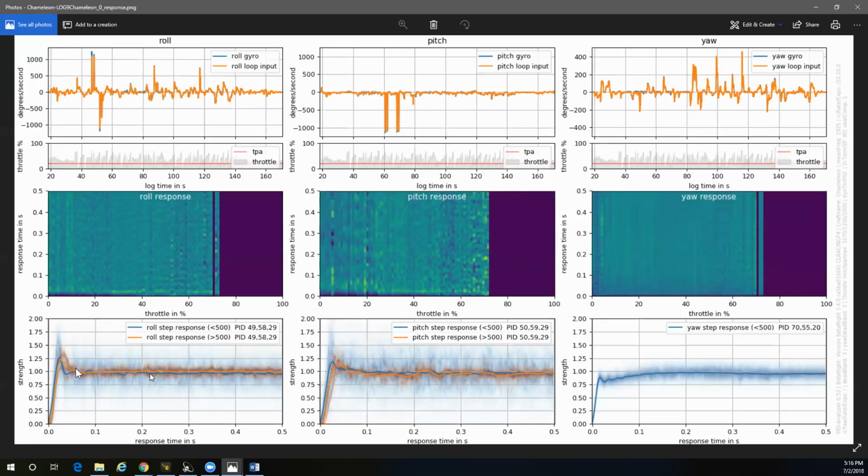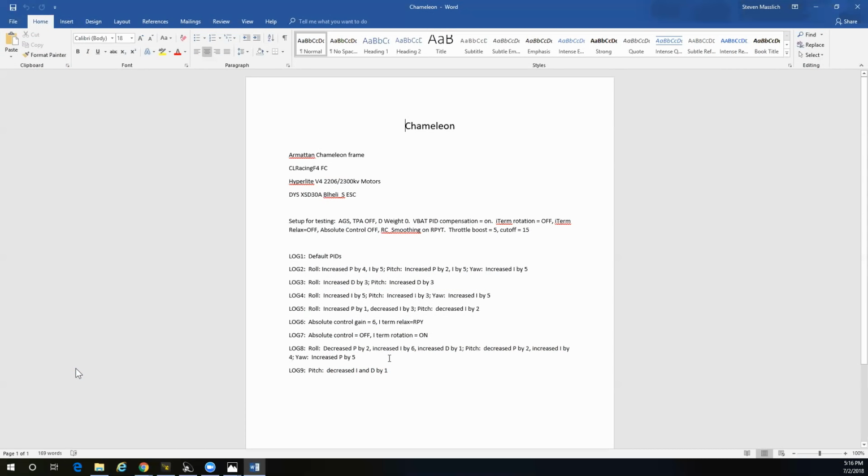If you have your D weight set to 0, and all the other PID modifiers, anti-gravity, TPA, everything pretty much disabled, I think you do not want to have much overshoot, if at all. However, with this log right here, this is with my normal setup. In other words, I have my anti-gravity set up, whether or not it's doing anything, I don't know. But my D weight is set to 0.8. I have my TPA set up, and the value is, I think,